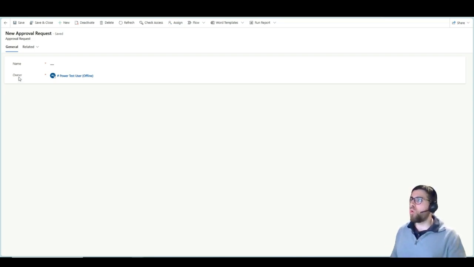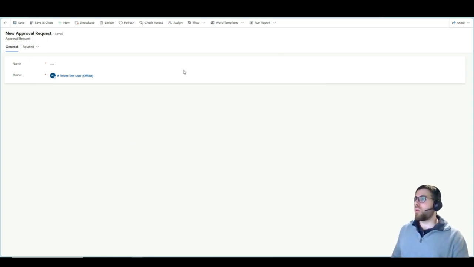Now, if you're familiar with the owner field in Dataverse, you already know that this has clicked. So this means, okay, it's using the owner field and the user needs to be in the system user table. And if the user is not a member of the group, then it's not a member of the system user table. And then, of course, we cannot find it. The flow cannot create a request because we don't find the user. Okay, that's all the reasoning. But we're going to go slowly there in case you don't know about the owner